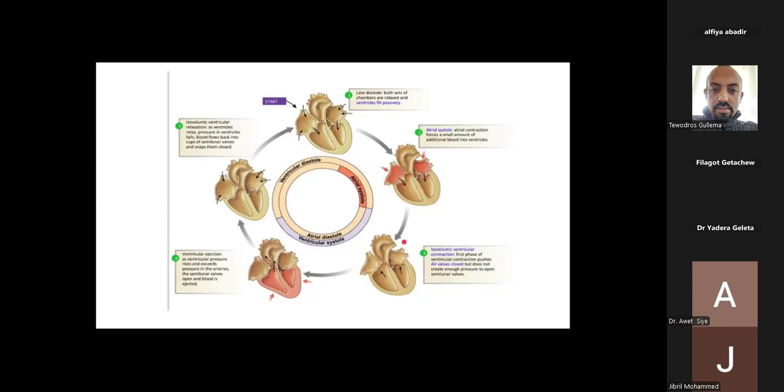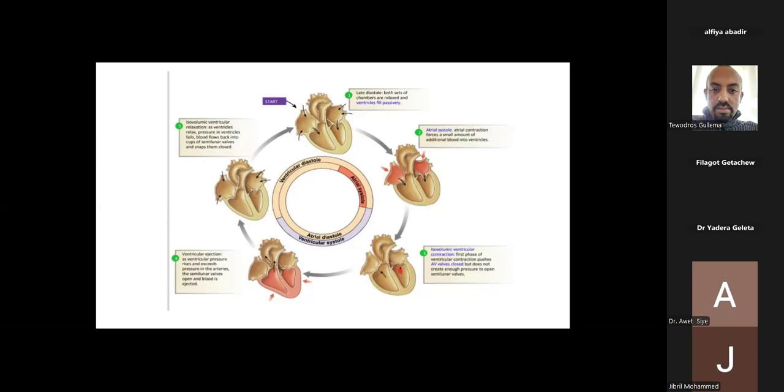What will happen here? The ventricle starts to undergo contraction. This is called systole, the beginning of the systole. That's called isovolumic contraction. As the ventricle starts to contract during the isovolumic contraction period, it will close the AV valves. So what do you hear at this time? The S1 sound. The genesis of S1 is related with closure of the AV valve, and it begins or coincides with the isovolumic contraction period.